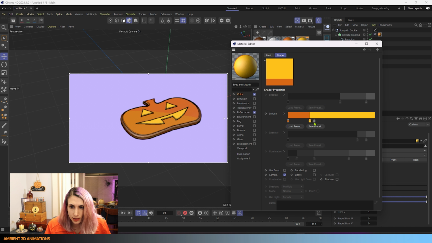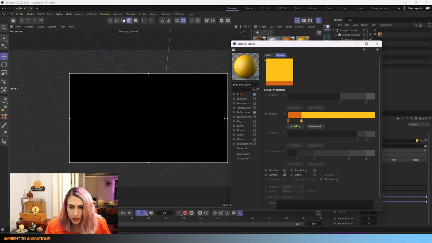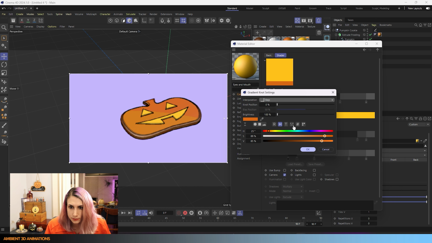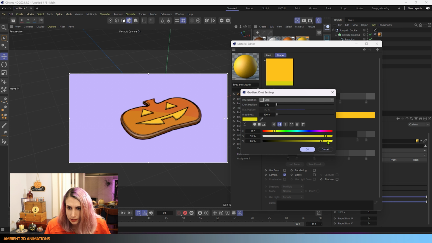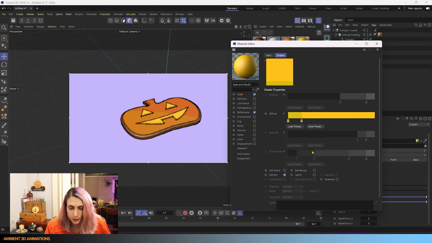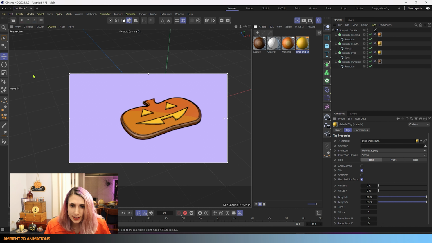That's better. I like that this looks quite a bit more saturated. So again, you can make your cookies whatever color you want. Here we go. So I think this is looking like a nice cookie.